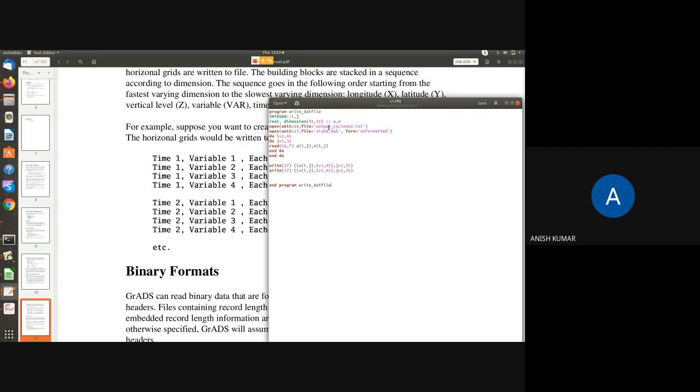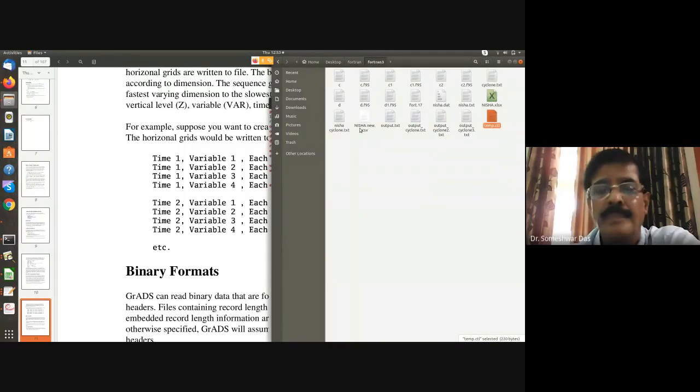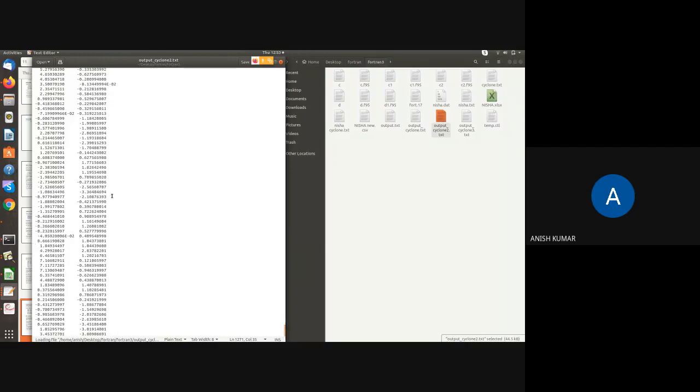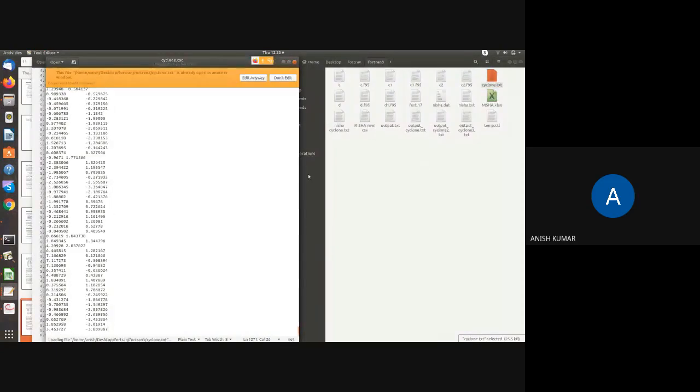First, I'm showing you the output Cyclone 2 file, sir. Actually, this looks the same, sir, but I just put a different name, sir. It is the same as I showed you earlier, sir.